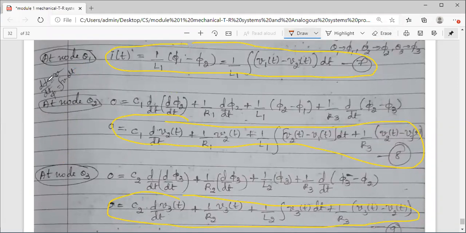Hence, I'll be having 3 nodes. Let me just mark 1, 2, and 3. So 3 nodes I'll get. First node, which is V1. So, okay, phi 1 or V1. So I will first search for the quantity V1. So जो element जिसमें purely V1 आपको term मिलेगा. You don't have V1 here. No V1. So pure V1 is not there. So simply there is a current. Hence I will connect a source current I of t. That's it. Okay, first node के लिए इतना connect करूंगी मैं.